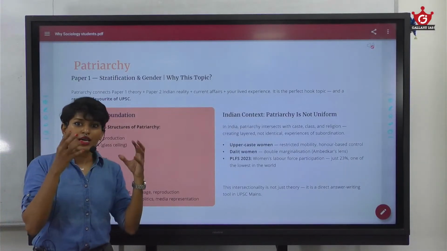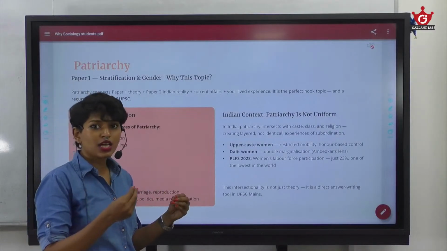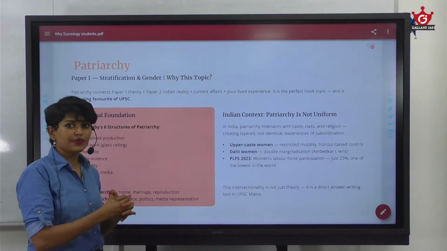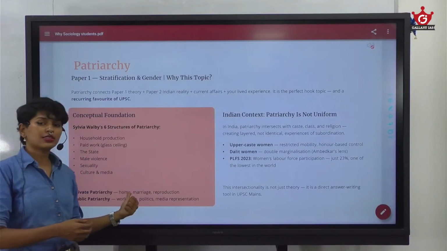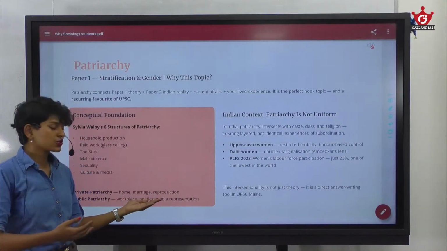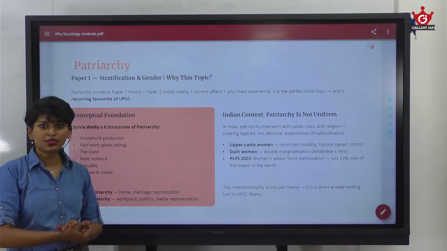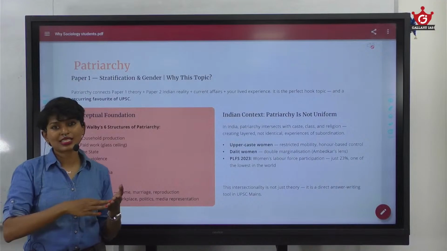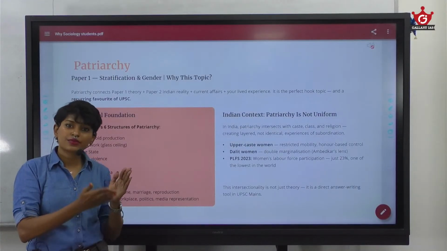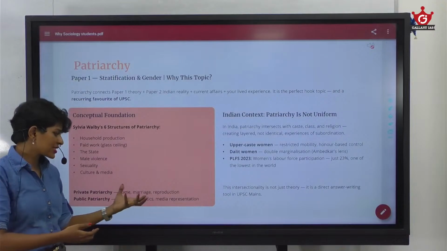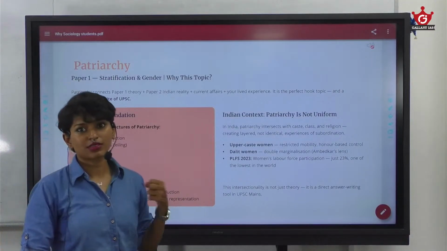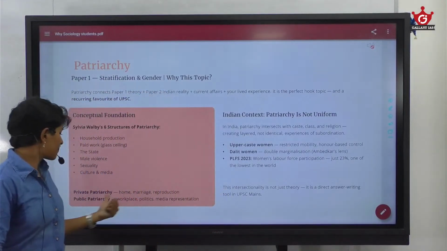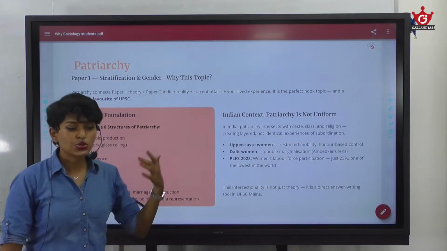That means patriarchy is visible in private space. That means like in your house, or in marriages, and also when relating to reproduction. So you can see how the system of patriarchy is ingrained in the home you are living in, or in different systems you are following, like marriage. Then if you take the public kind of patriarchy, you would understand